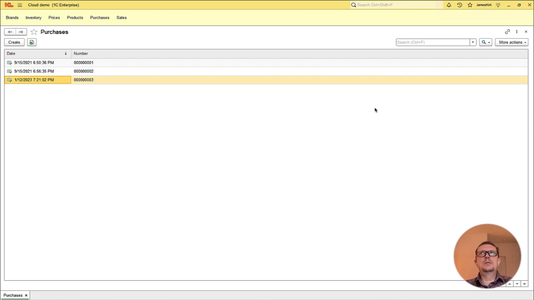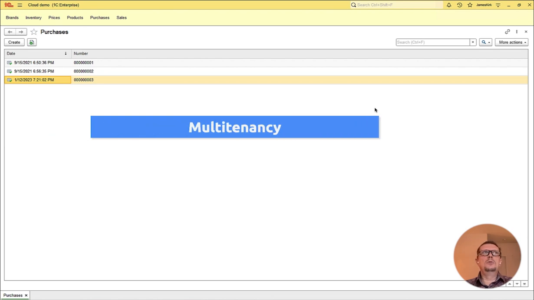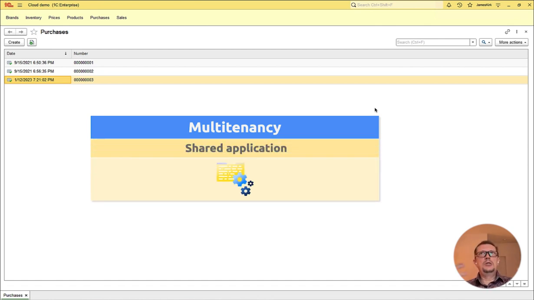And this is the concept of multi-tenancy, which is when you have many companies, also known as tenants, who share the same application. And this way, the application gets loaded into the memory only once, but different companies work with it at the same time, and it's much less demanding in terms of hardware and especially the memory of your servers.